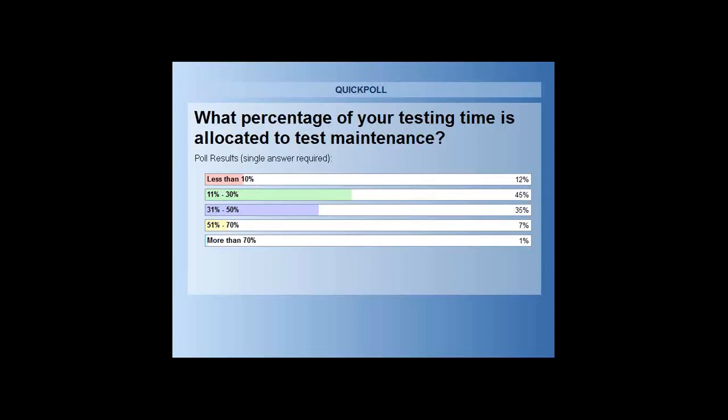Well, I think that, well, I have to look at all the numbers. It's kind of hard to do that while I'm speaking, but I think that my experience is that maintaining that automation, and maybe this ties back to how much manual automation is being done in our previous polling question, there wasn't as much automation going on, so therefore there isn't that much to maintain. But some of it ties back to the application types as well. If the applications don't change frequently, well then, you know, there probably isn't much maintenance. But I think often these business critical applications haven't been automated for a number of reasons, not the least of which is the size, scope, and complexity.